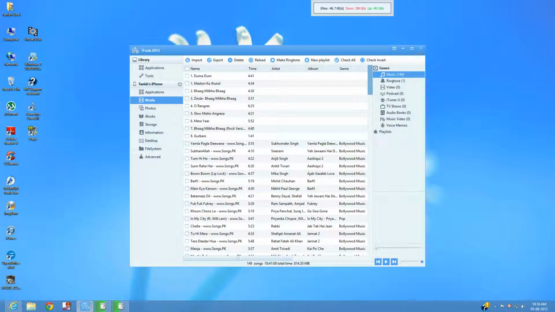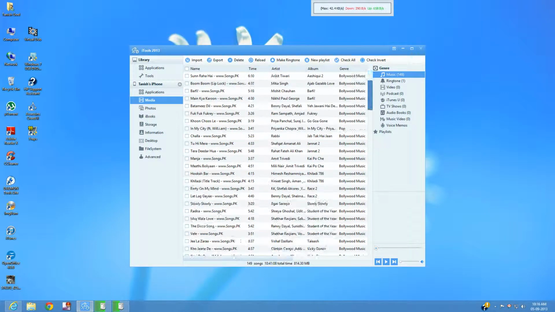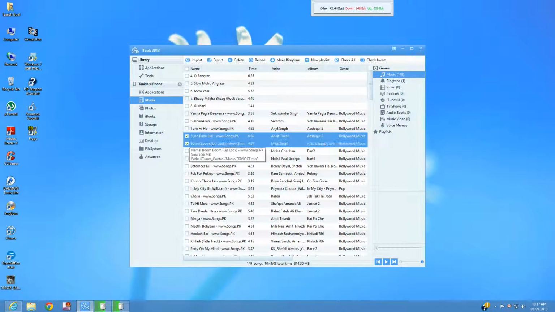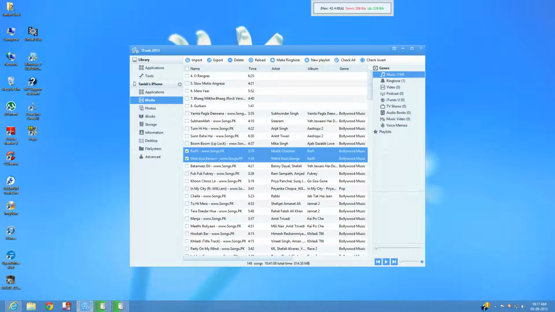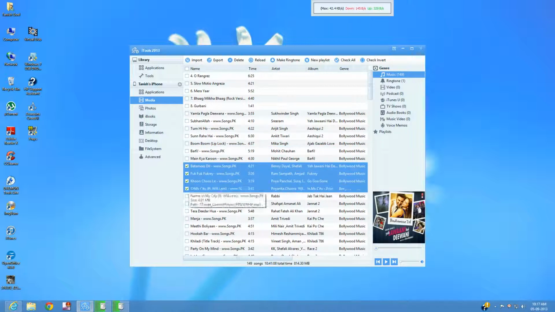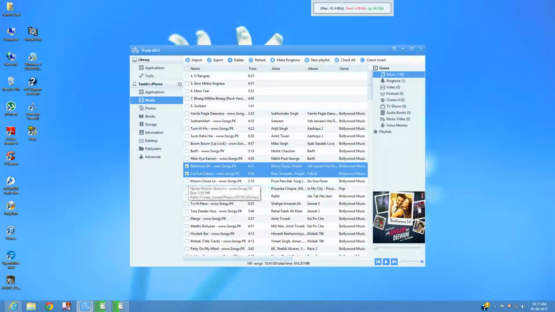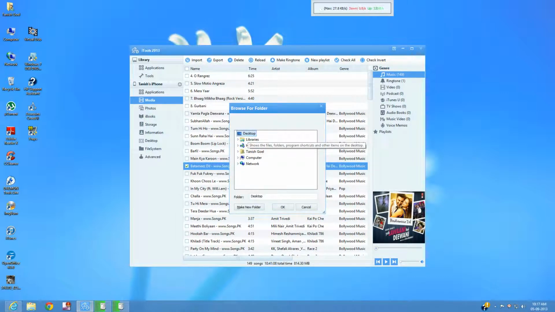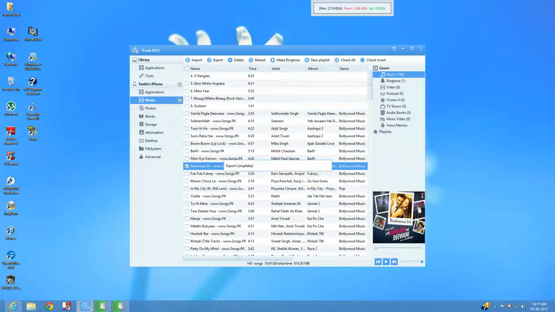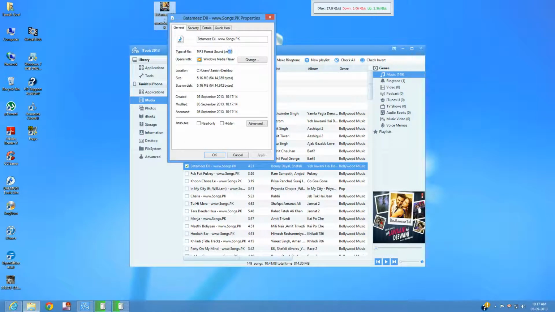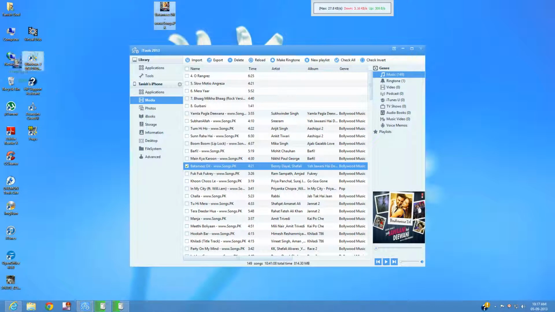Similarly, if you want to export the song from your iPhone to PC, what you need to do is to click on export. Sorry, please choose an item. For example, I choose this and this, but if you want to choose more, you can choose more. You can choose any number of items that you want. For now I just need one, so I will take one. Click on export, select the place where I want to export. I will select desktop to show you, and that has been done. The song is here, and I will show the file type also. It's mp3, so the song has been exported.